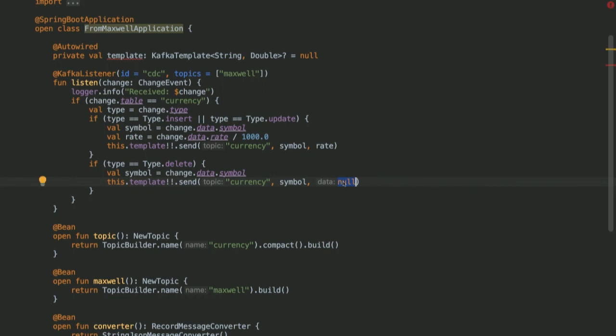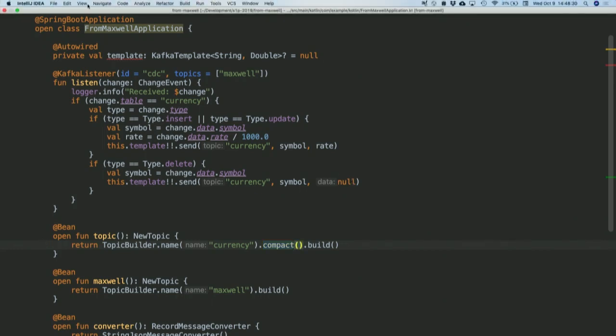A tombstone record is used when we're using a compacted log, which is the case here. The idea is that over time, older versions of that key can be removed, so when you want to say, I don't want this key to exist anymore, you just send a tombstone record, which has null as the value, and then over time that key will disappear from the log altogether.